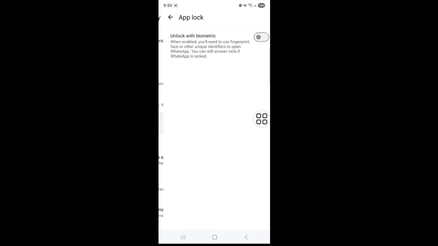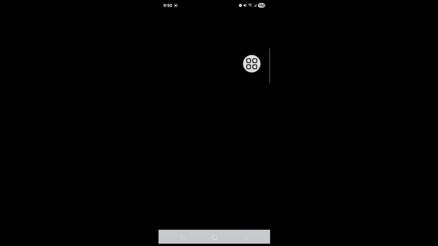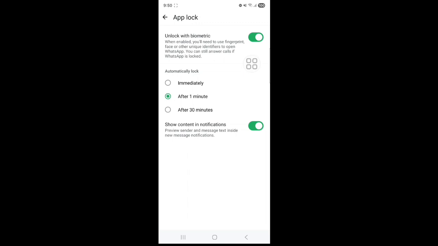Tap on this. Tap on unlock with biometric. Use your fingerprint. Tap on immediately. Tap on this icon is off. Hopefully your problem solved